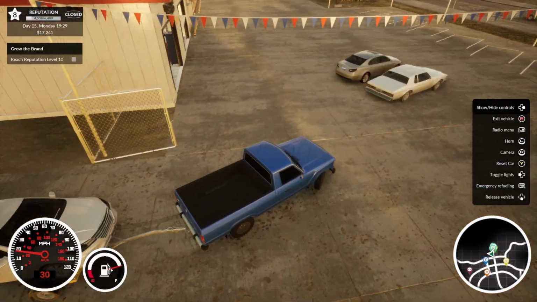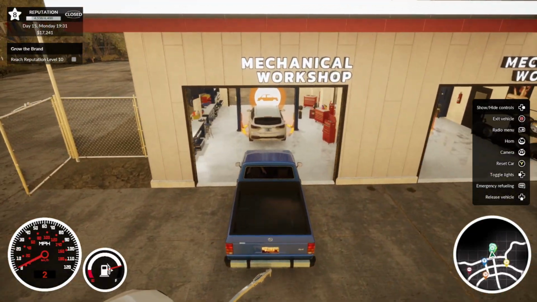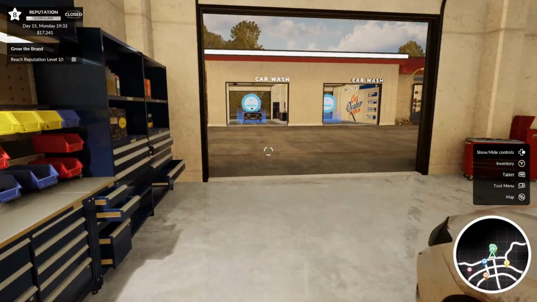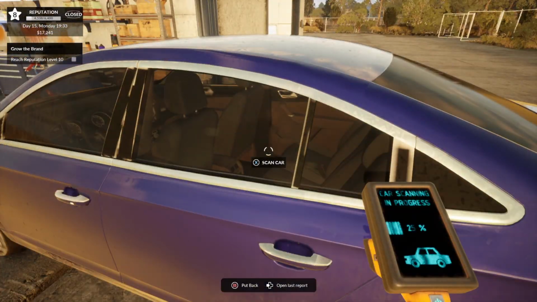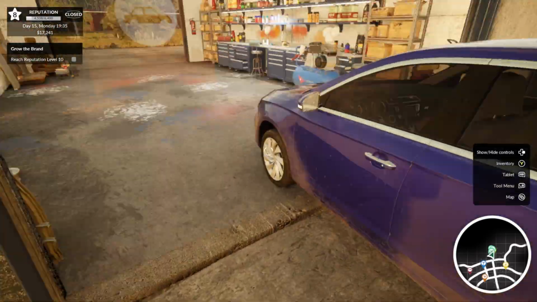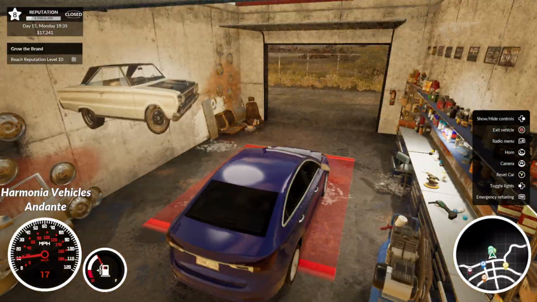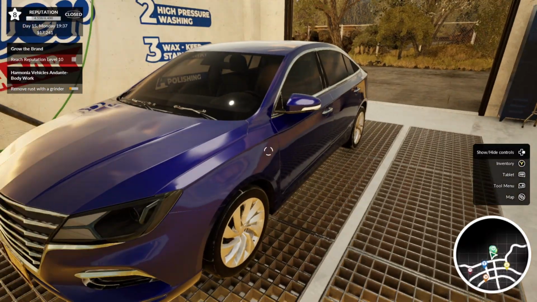Because that'll help with things. So I'm going to leave my truck right here for now, and then let's just make sure that all of the mechanical that we wanted to get done is done. It is. Okay. That's great. So let's move this car up. And then this car...